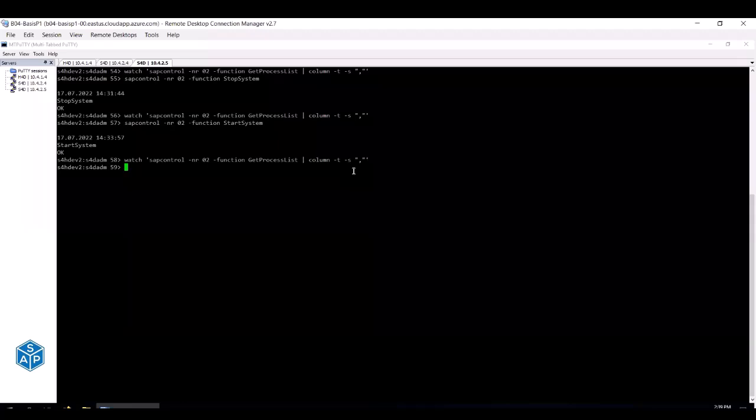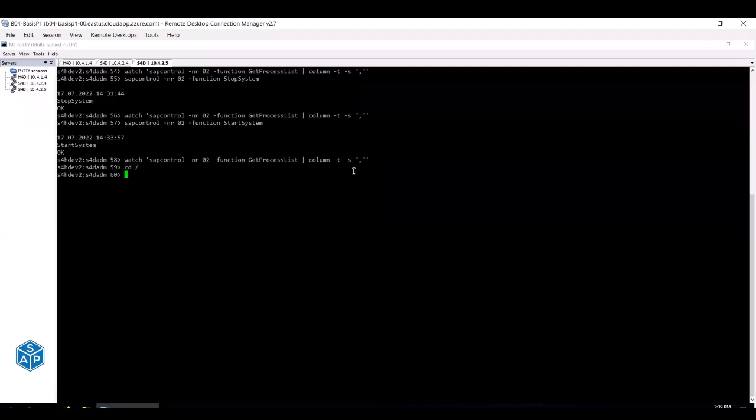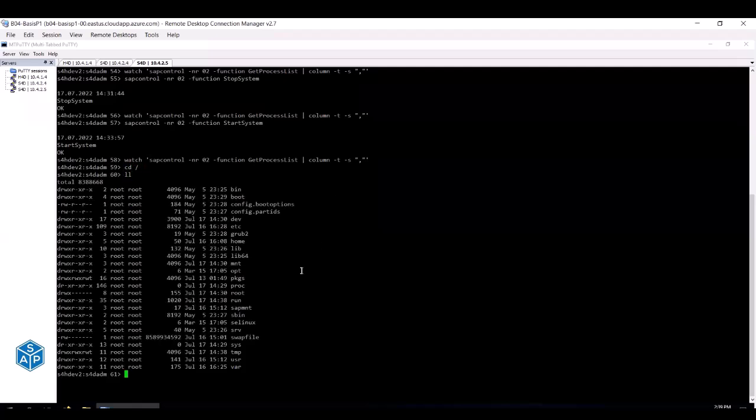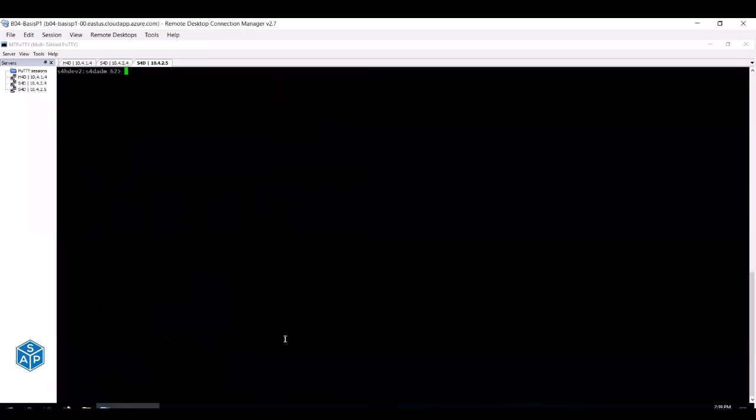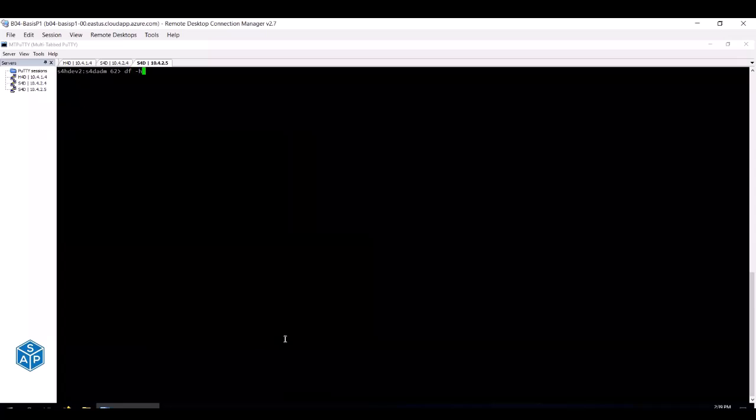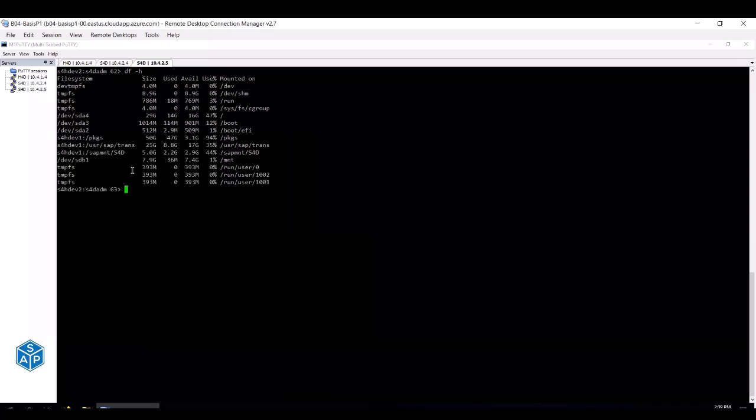So if you go over here, cd slash sapmnt. Before that, let me take you to the slash partition and ll. So here is the SAP MNT, but here you can see it only as a directory. But if you run df -h /sapmnt, it's actually mounted. Just a moment. df -h. Here, can you see over here SAP MNT? SAP MNT is a local directory, but the one directory SAP MNT SID